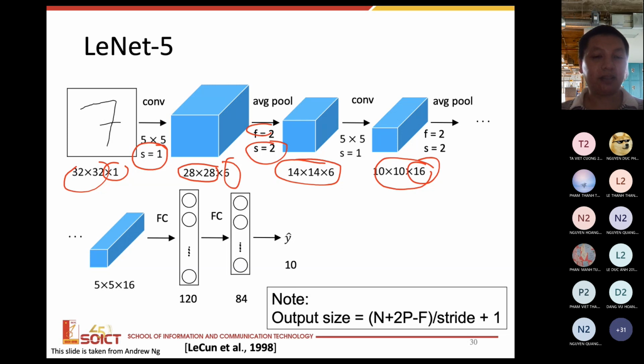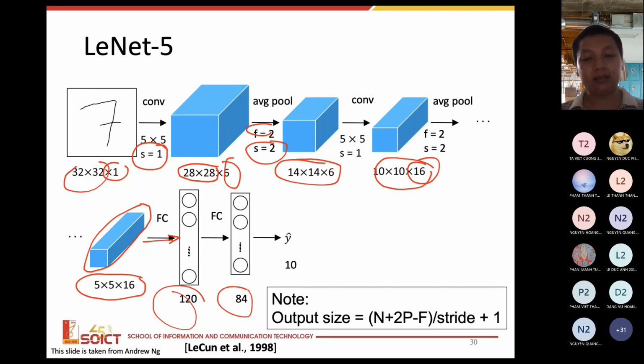Finally you have the final output activation map of the convolution network, with the size of 5 by 5 by 16, and then you have two fully connected layers to make the classification. The first layer has 120 neurons, and then 84, and then at the end the output has 10